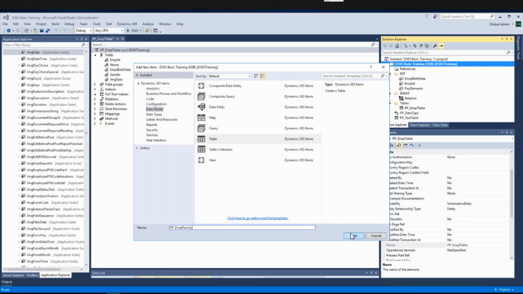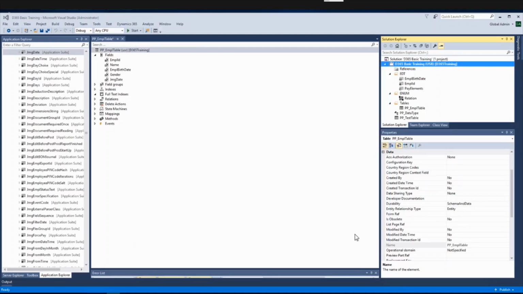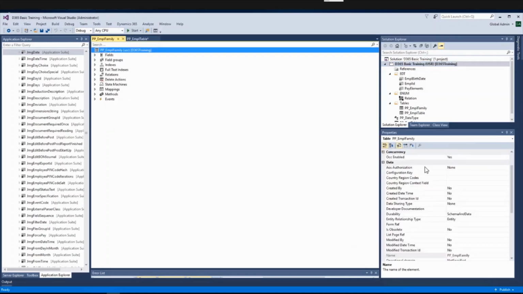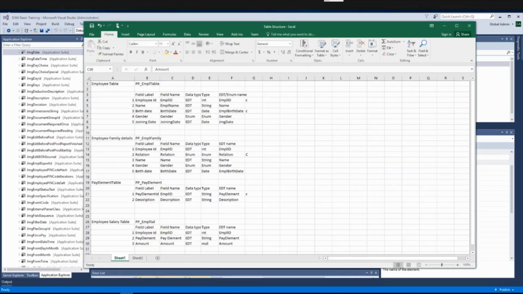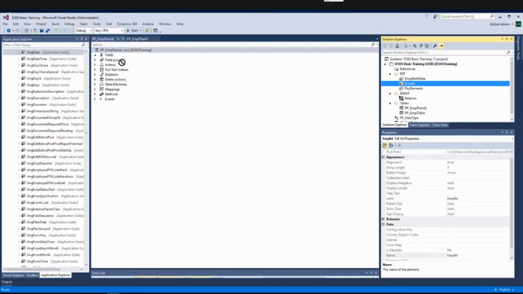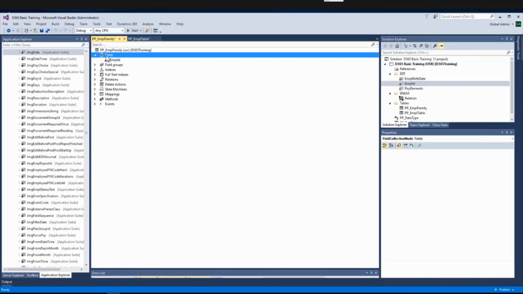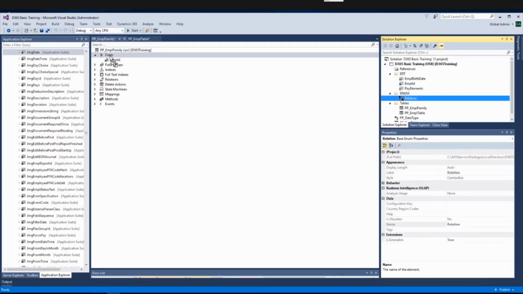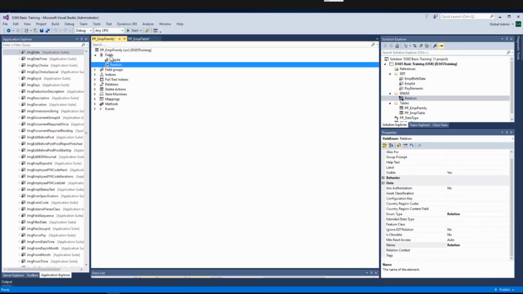PP underscore employee family table. Employee ID, relation, name, gender and birth date, same thing. Relation, name.